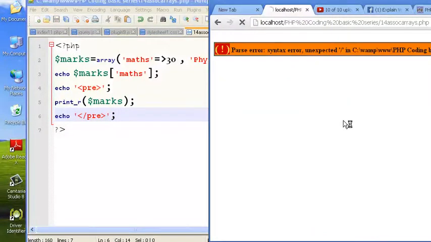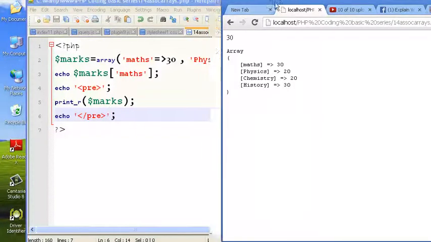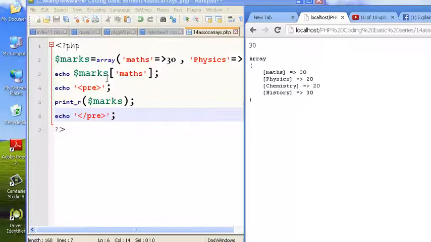So now if I save this and reload, you can see that it is first outputting 30, because we had first echoed out the max index for the marks array variable, so it has a value of 30 assigned to it, and then we have used the print_r function for the marks array variable, which neatly lists out all the indexes along with the corresponding values.